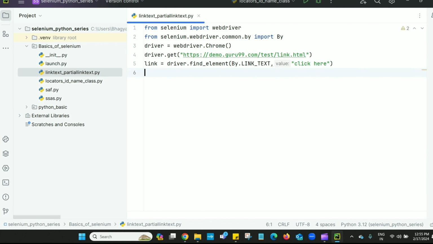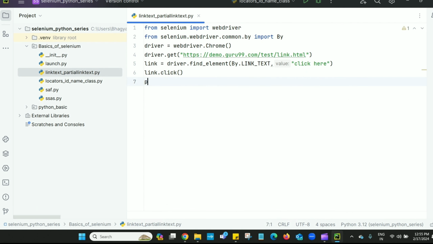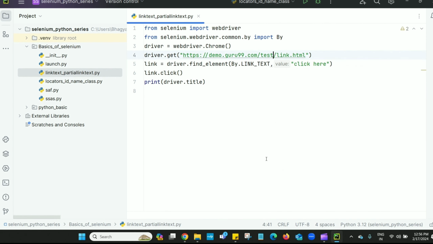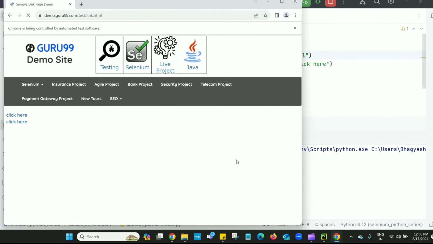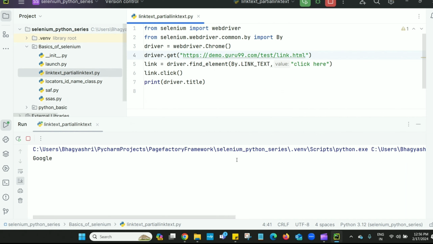And I will click on this link using the click method, and I will print the title. Let's execute this. So the site is open, it clicked on the first link, and the title is printed here: Google.